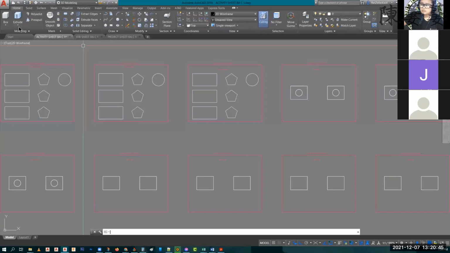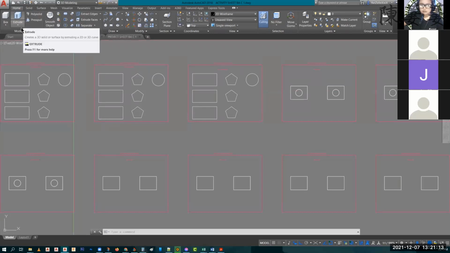So, for 3D modeling, under home, may modeling dito. Then, mesh, solid editing, draw. Dinidiscuss natin for module 3 is basic 3D. So, how you create simple, not so simple 3D object with the use of simple or pinaka-basic na